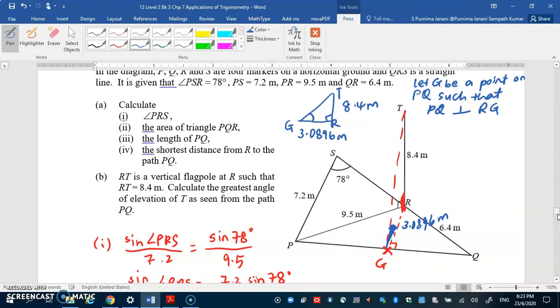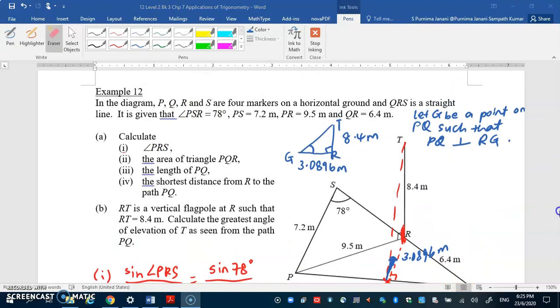RG is here and PQ is here, and they are both perpendicular. So just now, actually RG is the shortest distance, which is 3.0896. So now I can go and do my finding of this greatest angle of